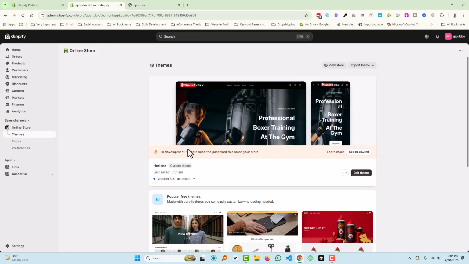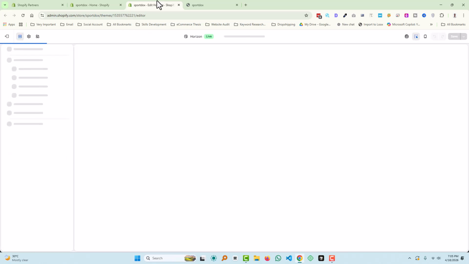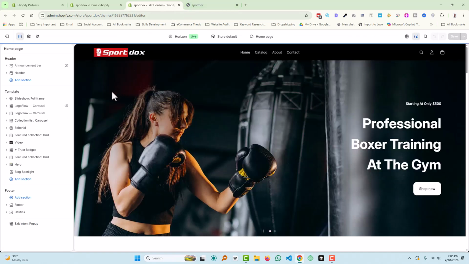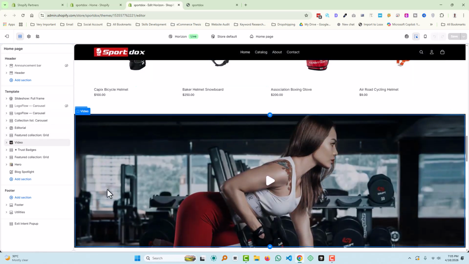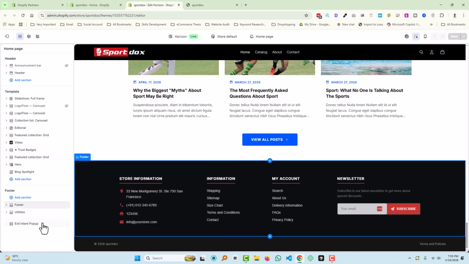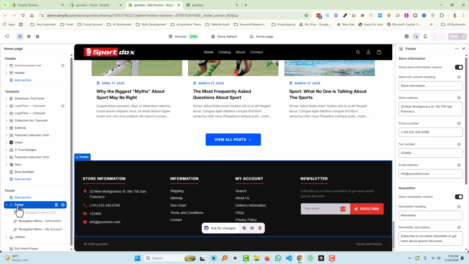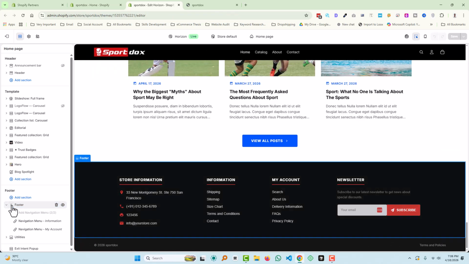Because if you start building your Shopify online store with the Horizon theme by yourself, without any coding skill, without any design experience, then it will look like, let me show you how it will look. I'm going to show you. Here is the footer that I have developed from scratch, and if you want to